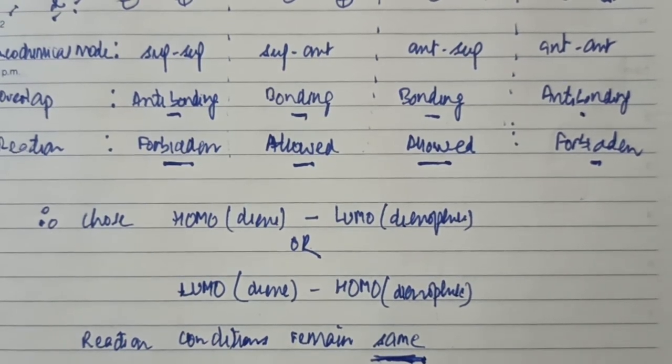We got the same result with the help of the OCD approach, and the same result could be predicted with the help of the selection table or the selection rules. Therefore, the FMO approach could be comparatively much simpler in gauging the reaction conditions. In the next class, we'll continue with the FMO approach using another example in cycloaddition reactions, and then we will move towards explaining the FMO approach in the case of electrocyclic reactions. Thank you so much.